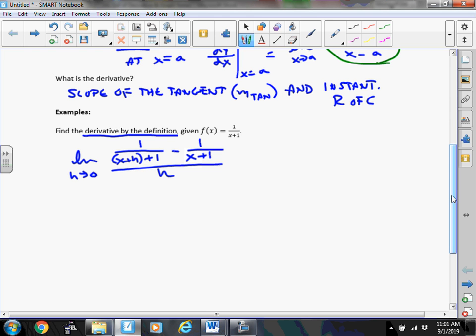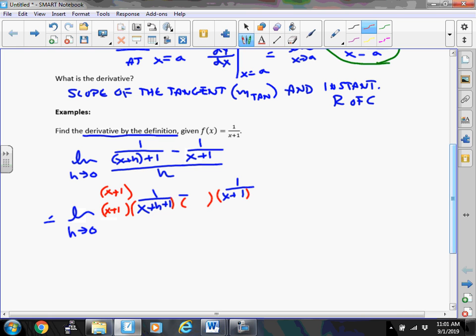So I'm going to take this guy and I'm going to go limit as h approaches 0 of 1 over x plus h plus 1 minus 1 over x plus 1. And we're going to get the common denominator. So we're going to multiply this by x plus 1 over x plus 1, and this one by x plus h plus 1 over x plus h plus 1, all over h,